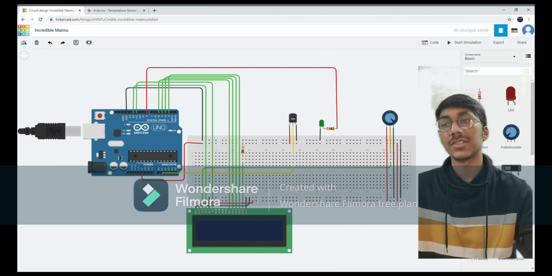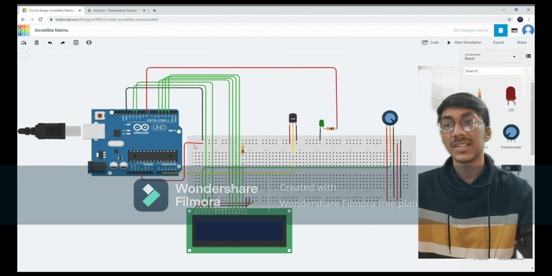Now let us see the connections of the program. First, the ground wire is connected with the first horizontal line to make this whole horizontal line a ground. Second, the 5 volt is connected with the second horizontal line to make the whole horizontal line 5 volt. This positive and negative are further connected with the last horizontal line. The ground is connected with the second last horizontal line.